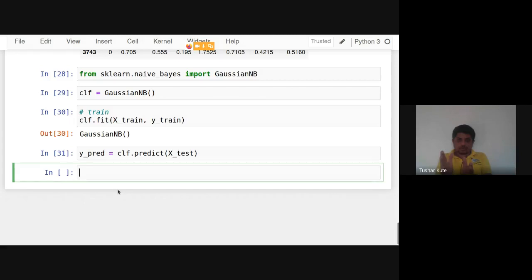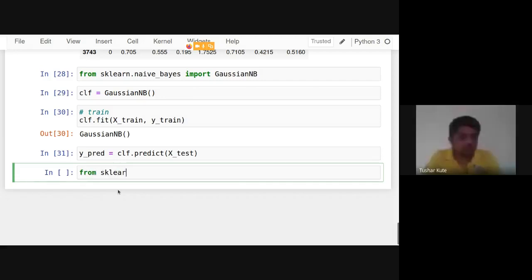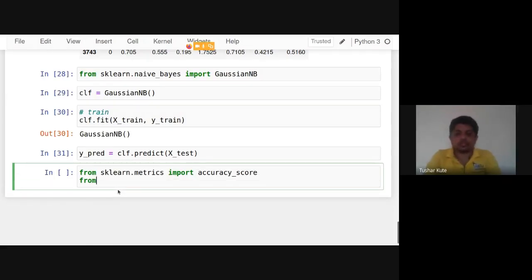So we have predicted on the remaining 1032 entries, and now we'll check the accuracy by comparing y_pred and y_test: how many are matching, how many are not. How to do this? From sklearn.metrics import accuracy_score, the first function.